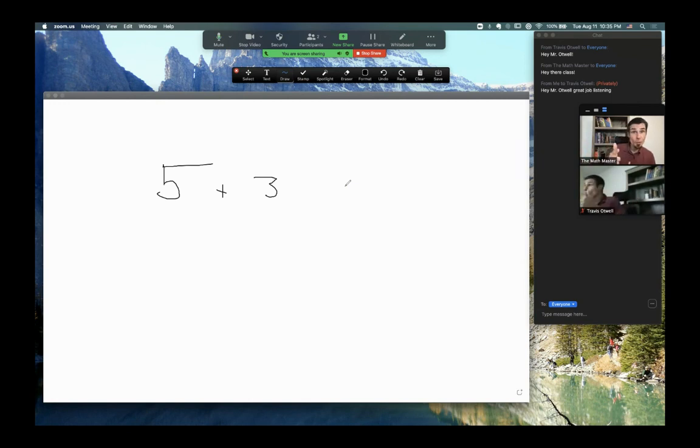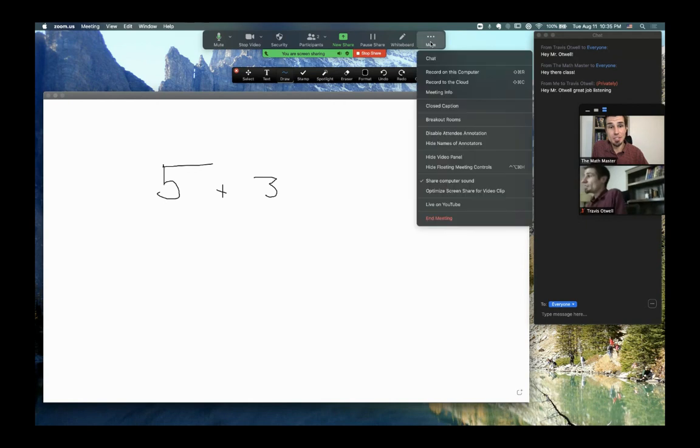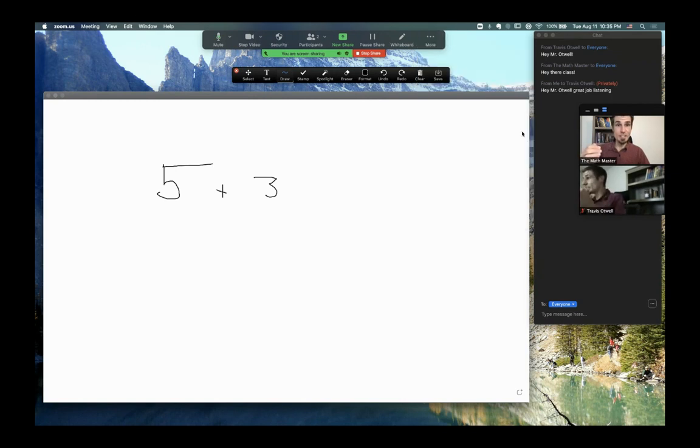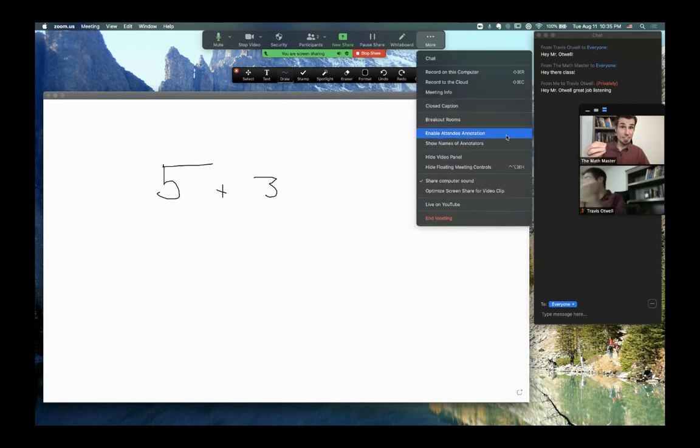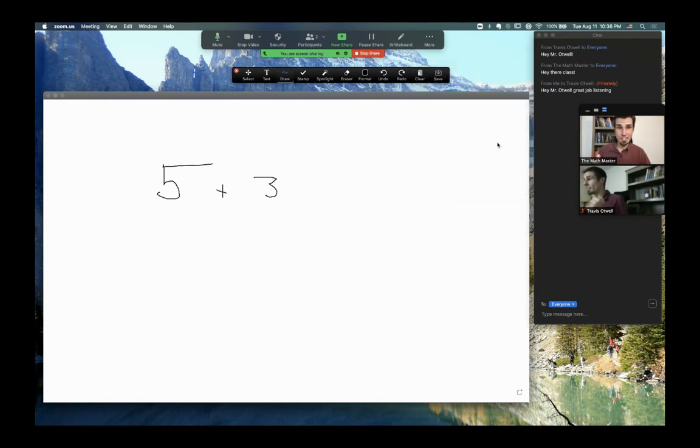One thing you want to do when you are using the whiteboard, in my opinion, this would be a great time to just make sure that attendees are able to annotate and that you can see their names. The default is not allowing them to annotate and not showing it. So you need to click the More button and enable attendee annotation and go back and show names of annotators